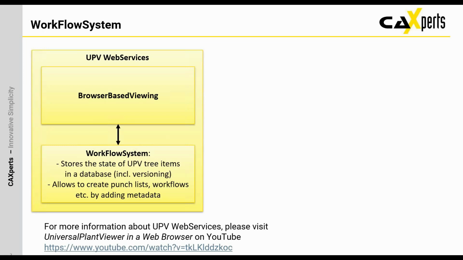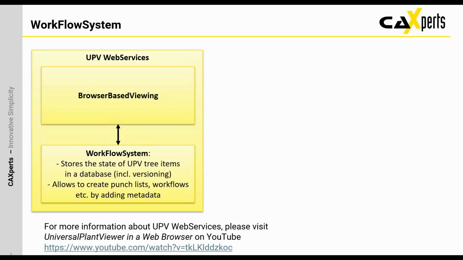So the workflow system is a tool that allows us to store the state of UniversalPlantViewer tree items in a database. If you have worked with UniversalPlantViewer before, you know that we have a tree there where you can have your physical items, sketches, drawings, comments, and so on, that you would usually work on when you use UniversalPlantViewer. And using the workflow system, you can store the state of these items back onto a web server, and it's creating a history for these items, so it's easy to create punch lists, workflows, and so on,